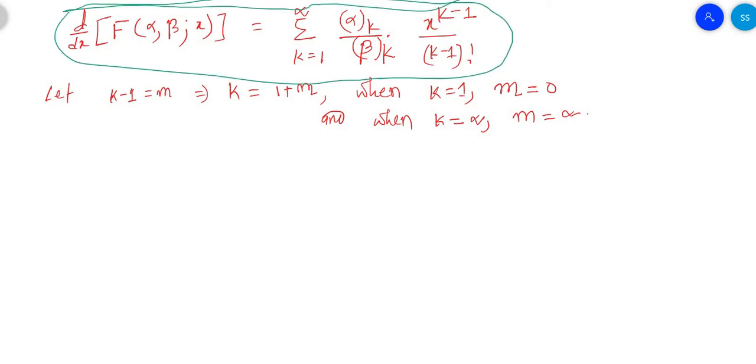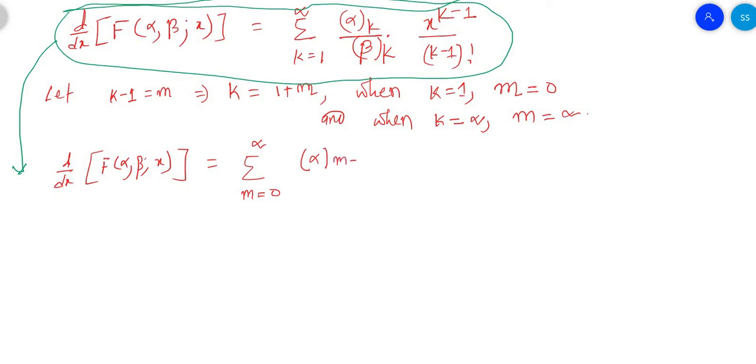Now this relation is going to be d/dx F(alpha; beta; x) is equal to summation m equals 0 to infinity (alpha)_(m+1), this k being replaced by 1 plus m, over (beta)_(m+1) into x to the power m over m factorial, which is equal to summation m equals 0 to infinity